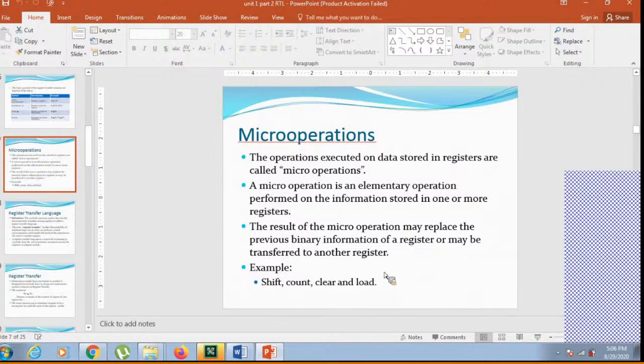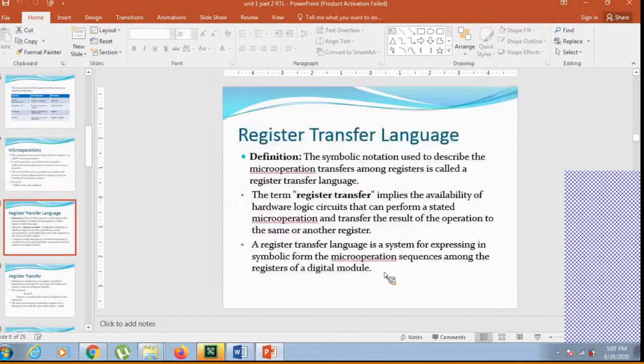That we'll see later, right? These are the micro operations. Register transfer language. What do you mean by a register transfer language? Registers are used for storing the data. Transfer language means when you want to transfer the data from one register to another register, then you will use this register transfer language, and this transfer of data from one register to another register is done by using a